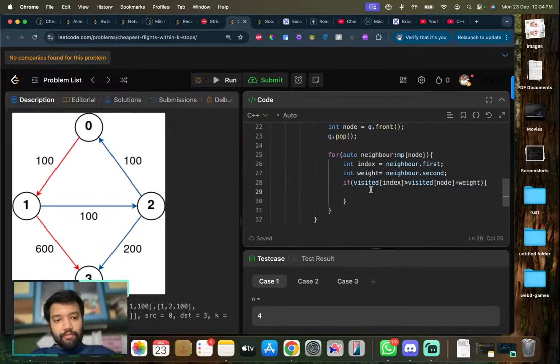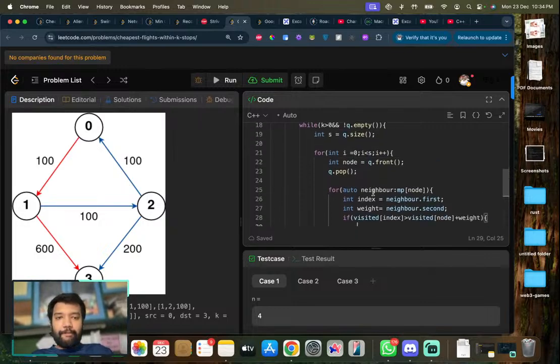So visited of index is greater than visited of node plus weight. Then at that point,